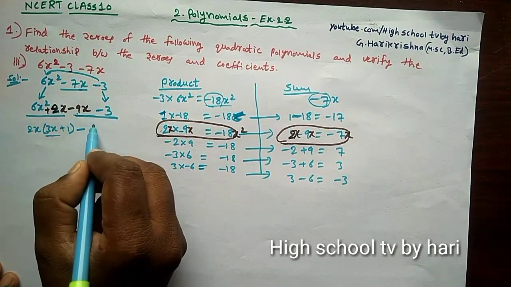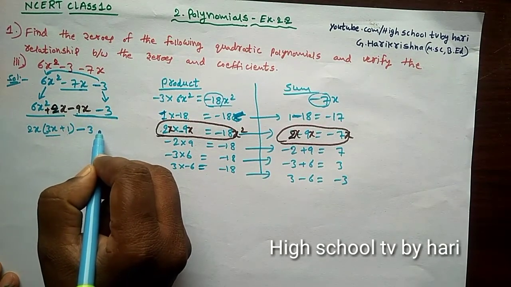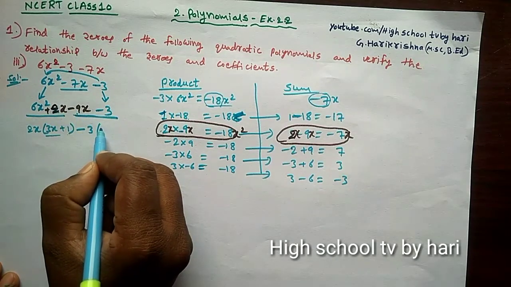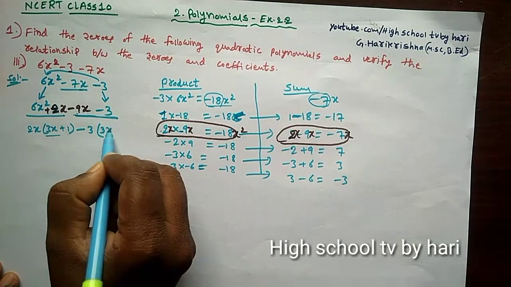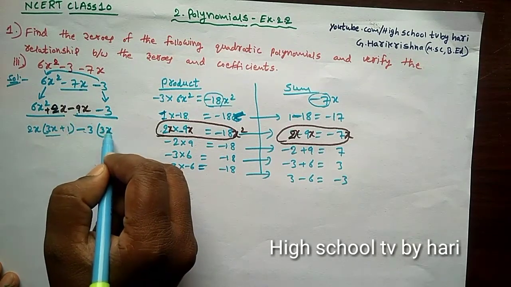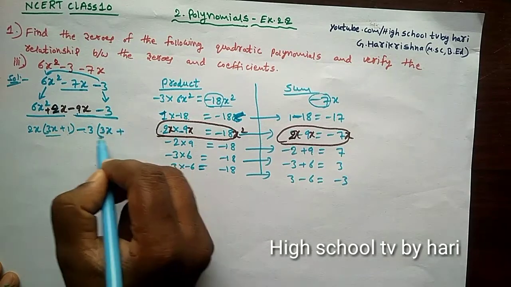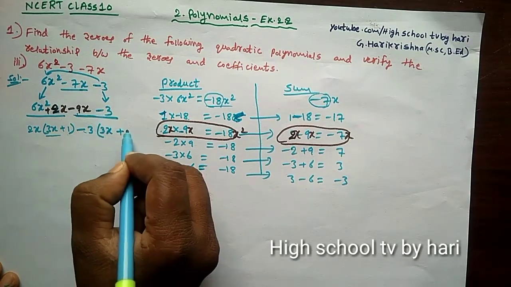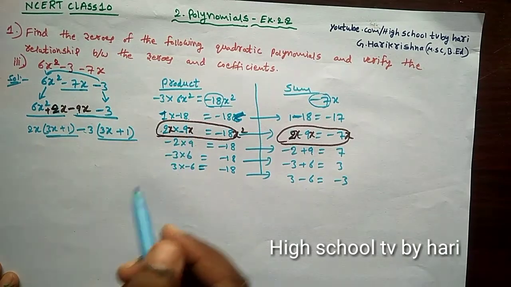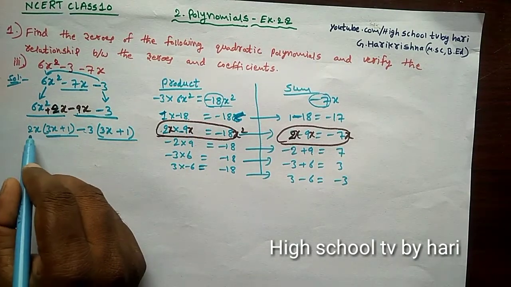So from this, 2, 3 is the common, minus 3 is the common. Minus 3 taken out, remaining 3 is 9, x minus into plus is minus, 3 is 9 into x, minus into plus is minus, 3 1s are 3. So we got 3x plus 1, 3x plus 1 common, no? So it is the correct method.